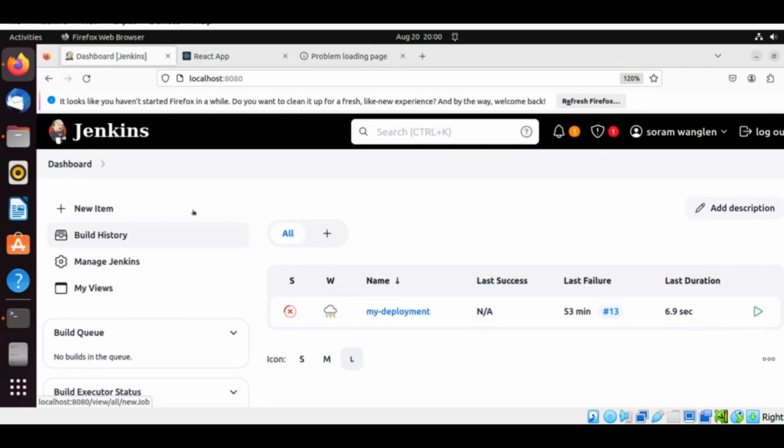Okay, so just install Jenkins. I will also share the steps on how you should be able to install Jenkins in Ubuntu. So once that setup is done, the Jenkins setup in Ubuntu, what I would like to do is